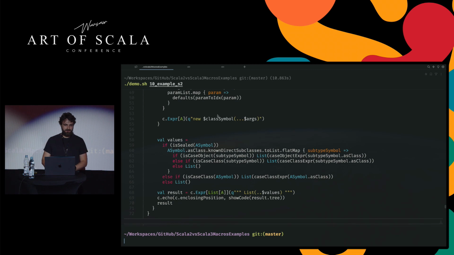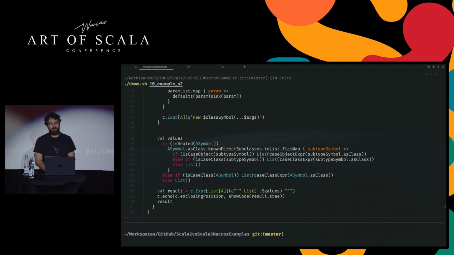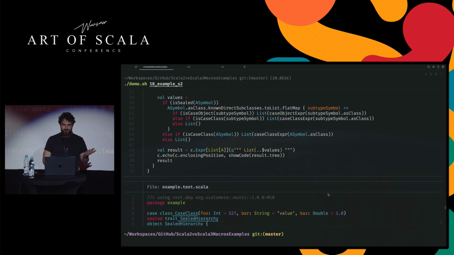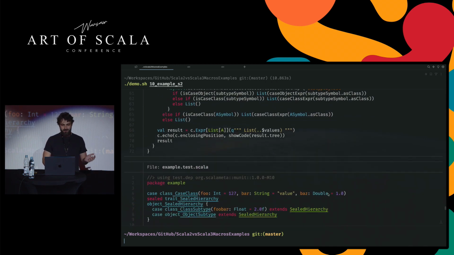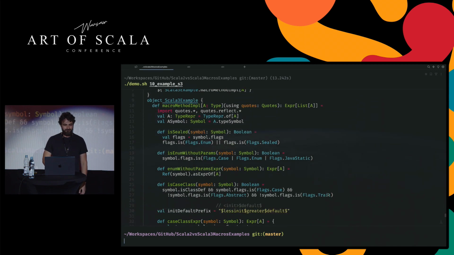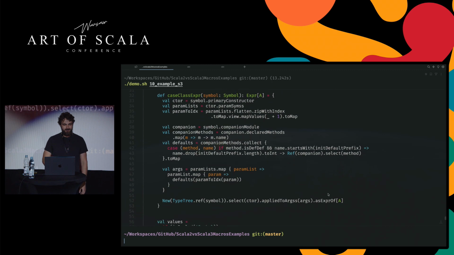on Scala 2, as you can see, we are using those quasi-quotes to expand those lists of type arguments or to call those variadic values. And Scala 3 only lets us use those quotes when we have expressions or types, like complete expressions, not some part of an expression, not some arbitrary thing which we would use to build expressions. We can only use those quoted expressions when we are using complete values, which basically means that if you want to call this new, we have to construct it by hand,